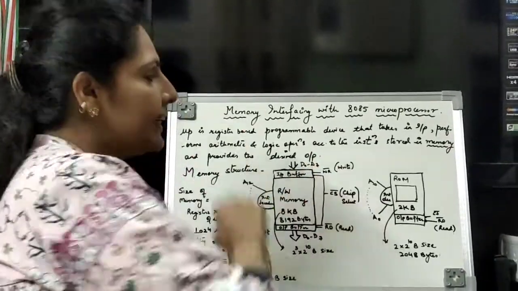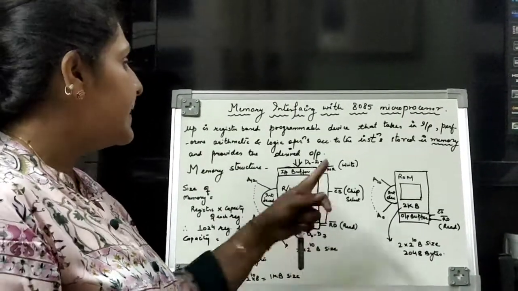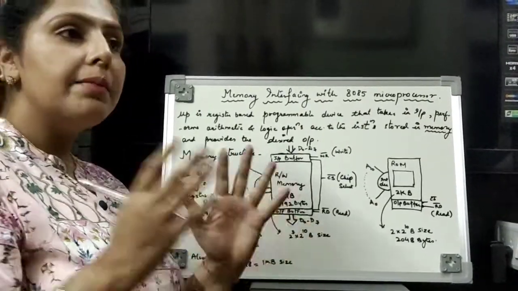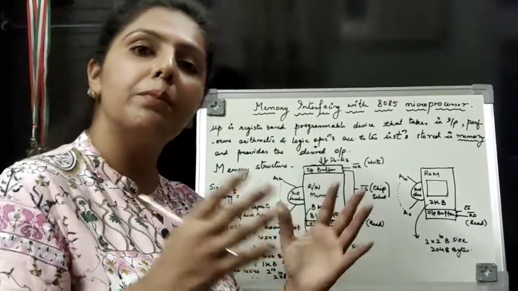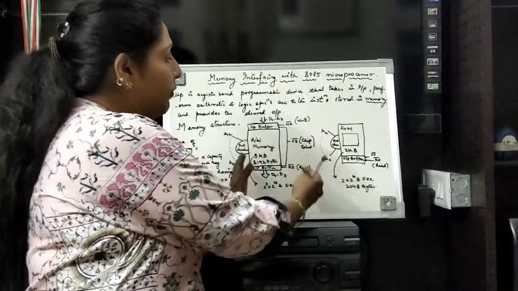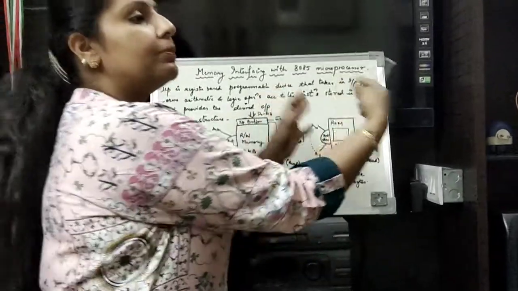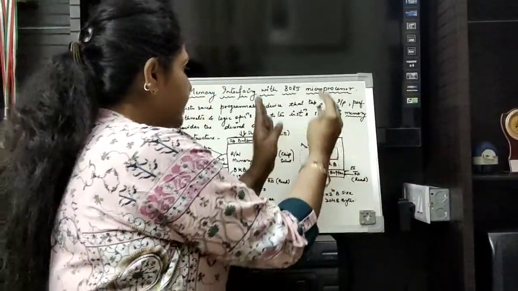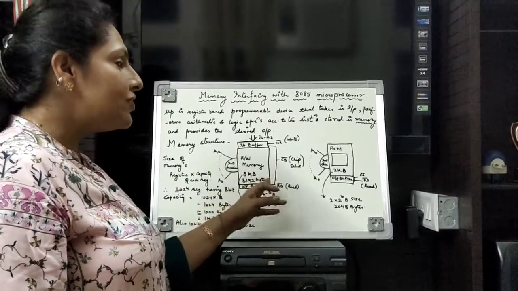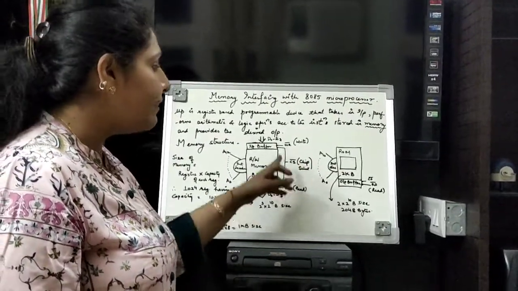Now between these read and write signals, I have written one more signal that is known as the chip select signal, CS bar. What is this chip select signal? Basically, in microprocessor based systems, we have a number of chips. If we are handling chip number 1, that address is the chip select of chip number 1. If we are dealing with chip number 2, then that address is the chip select of chip number 2. Whenever I have to select this chip, we have to give 0 to this chip select. That means we have to activate this chip select.